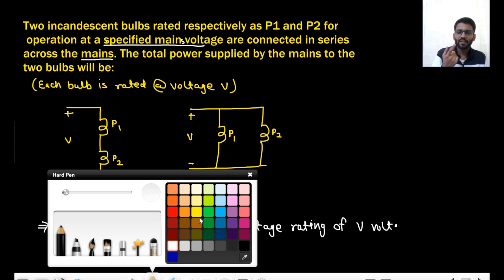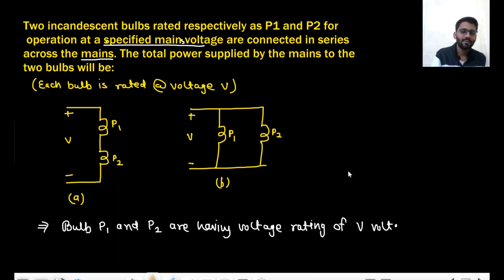Now I will give you one assignment problem. You will find the solution of this problem in the notes, but I want you to comment down the answer. So when you get the notes in my Telegram group, you will see the solution in the notes only. But I want you to comment down the answer. If this was the case,